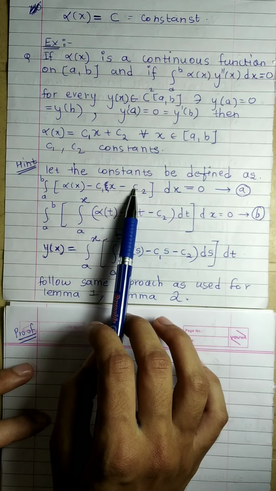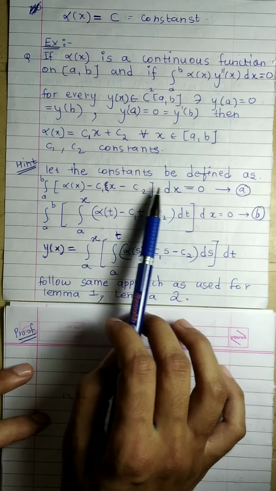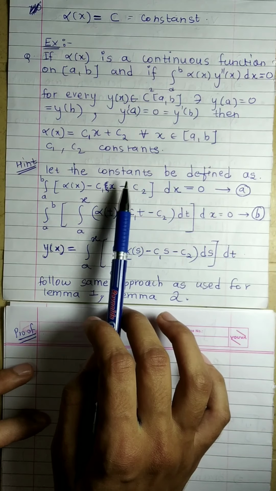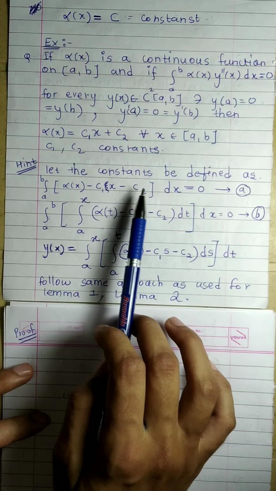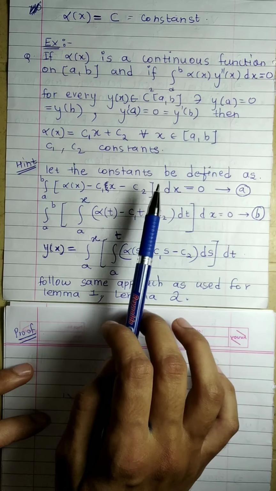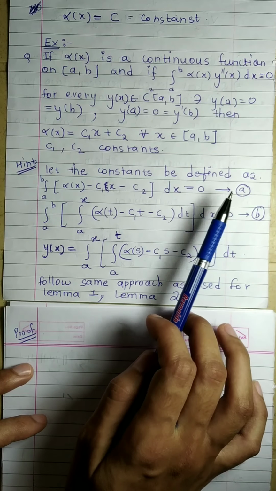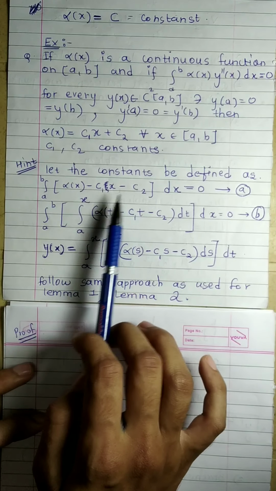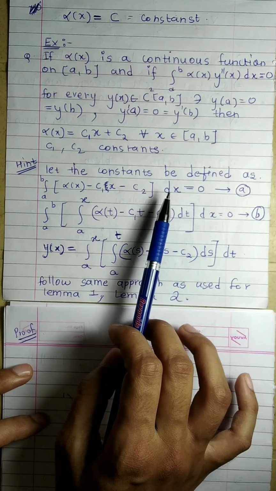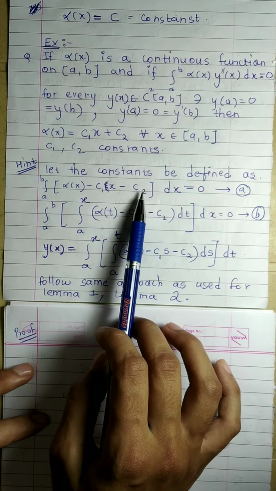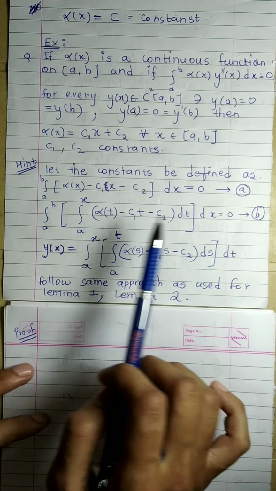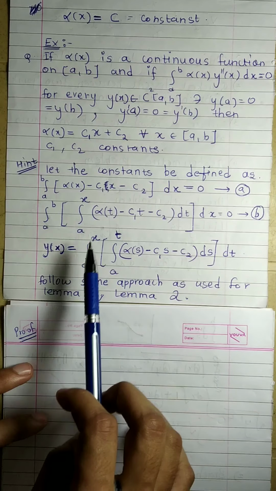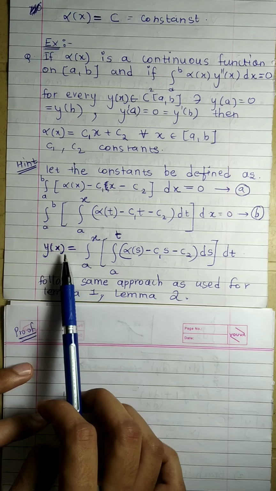Once you take that dx inside, this will be integral from a to b of alpha of x minus integral from a to b of c2 dx. Once you take it to the other side, you will get c2 outside into b minus a. So 1 upon b minus a into that integral value will give you the value of the constant c2. Similarly, you can relate it here. That will give you the value of the constant c1, and then we have taken y of x to be